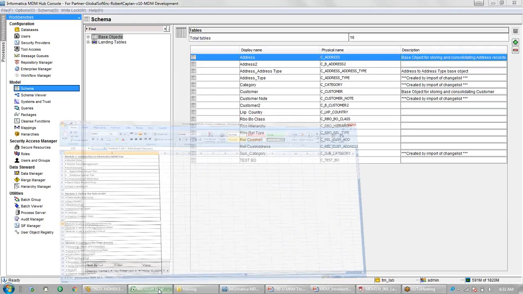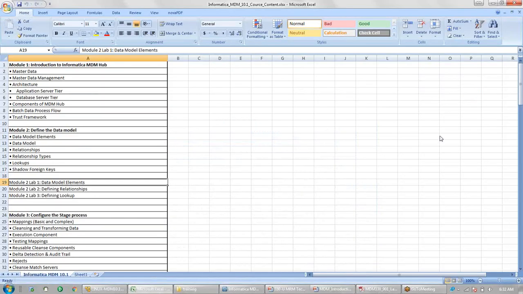Because today we'll be discussing the table level, like what are the tables we generally create from the MDM side and use. In more detail, we have discussed those tables, but today a bit more detail about those tables. So that's the first part, module 1, where we had gone through the introduction. Today we will be going through the data model part.